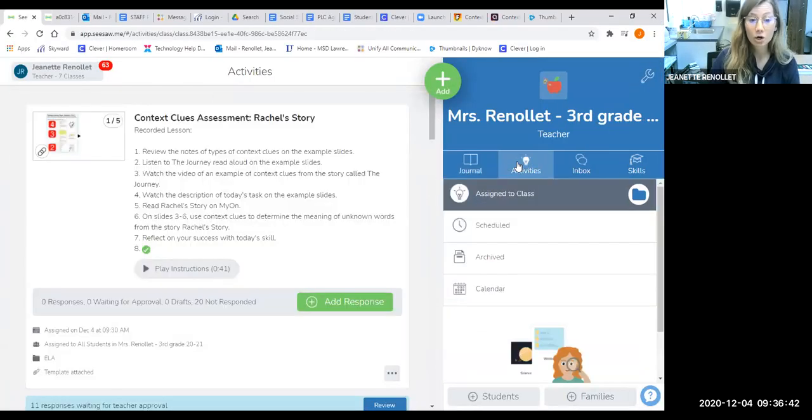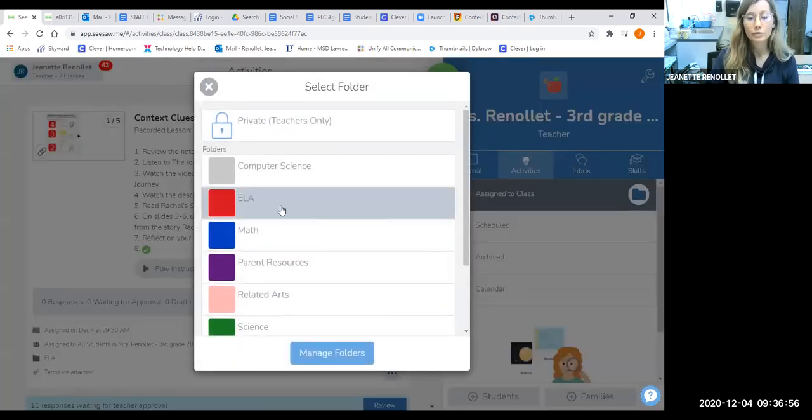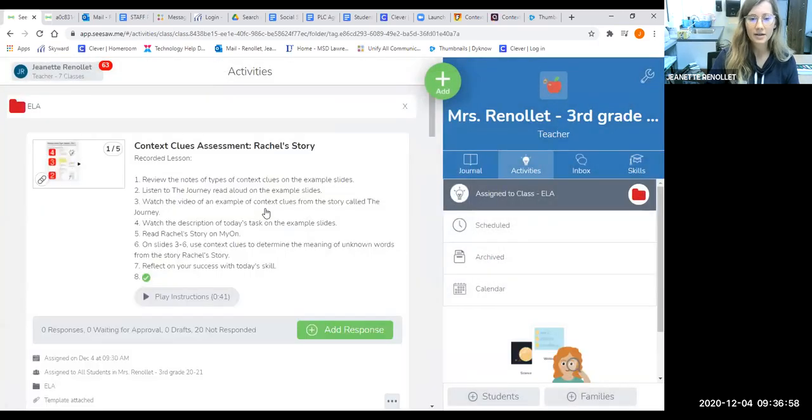Today, for a grade, you will complete a context clues assessment called Rachel's Story. You will click on Activities, Assign to Class folder, Read ELA.